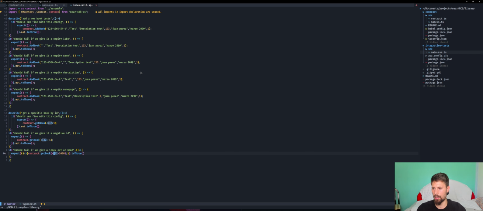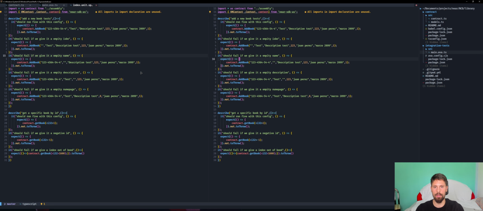So basic contracts, basic functions, test functions. Let's see. This one's also getting a book, but out of bounds. So when we don't have a book, this one's also getting a book out of bounds. So a negative. This is a negative index. Okay, so what we can do here is I'm just going to split it so I have it open, and then